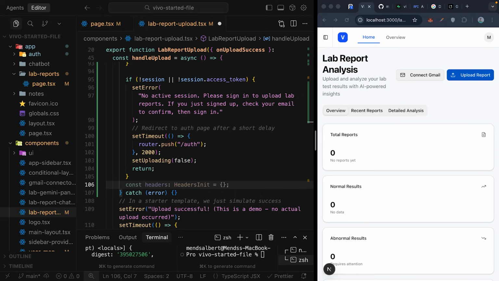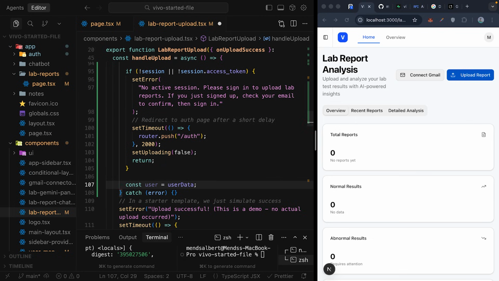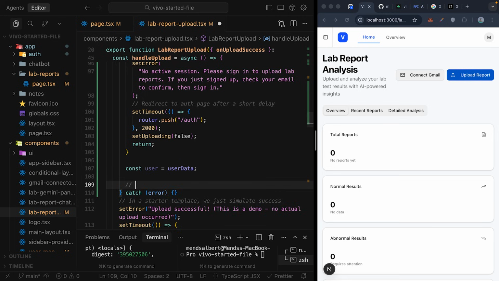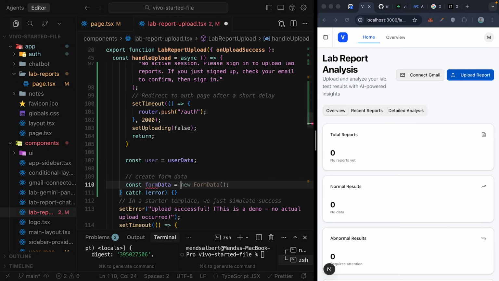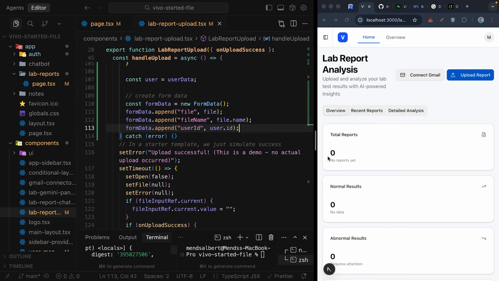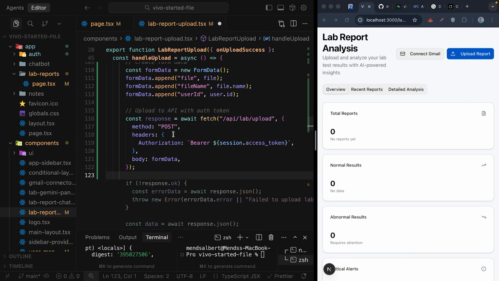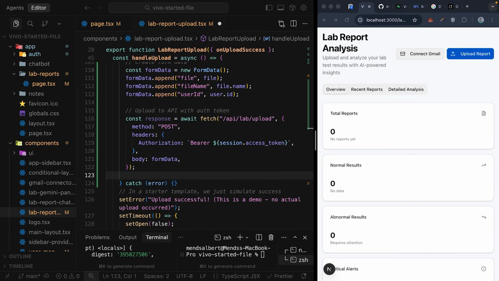If we are good, we assign the user data to a constant. Now we create a form data object. We append the file itself, we append the file name, and we append the user ID. Finally, we await the fetch call to our upload API. We use the post method, we add the authorization header with our access token, and we pass the form data